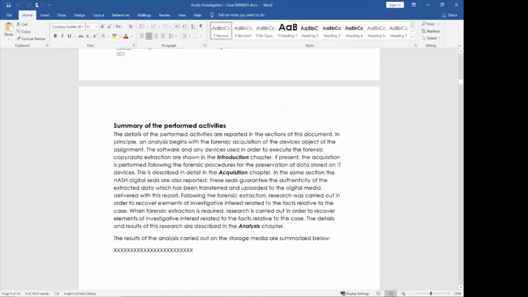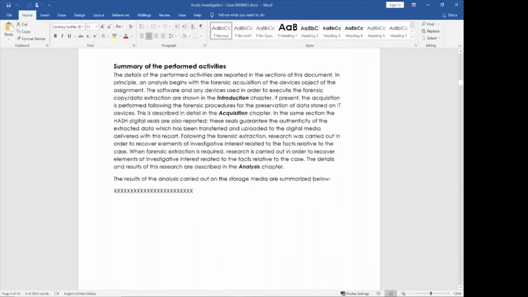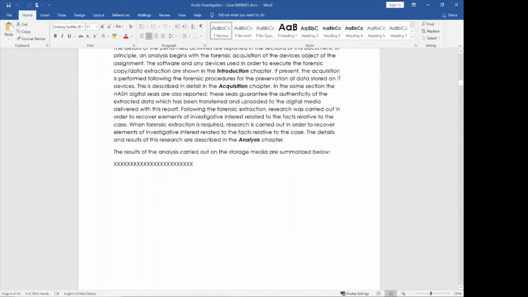Moving on, we have this general text about the normal activities that we usually do. And as you remember, we didn't write anything in the area of the custom shortcode about the overview of the activities. In fact, this is the text that we are going to see, because we haven't written anything. So in the final report, we are going to find these characters as we have decided actually inside the template